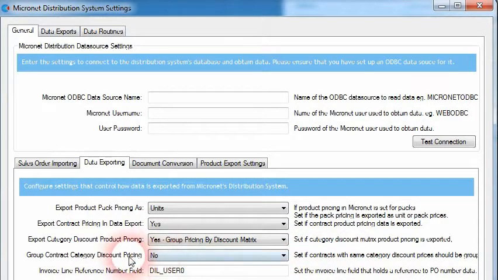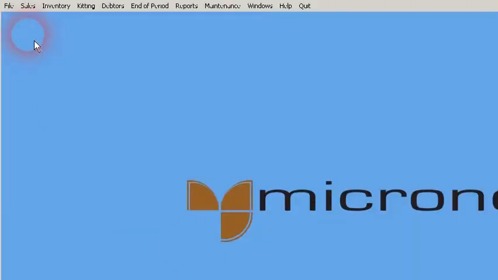And what this setting does is it says whether or not the adapter, when it wants to get out contract-based pricing for specific customer accounts known as debtors in Micronet system, when it exports that data out, whether or not it should try to group the pricing together to try to reduce the amount of pricing records that are exported out. To show you an example of how this works in effect, if we look at the Micronet Distribution system,